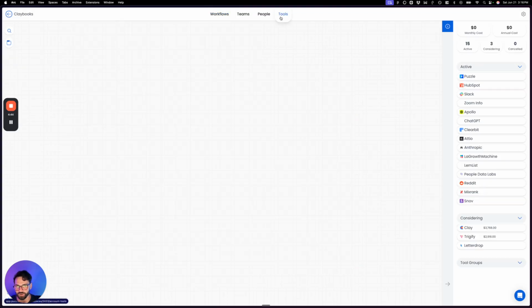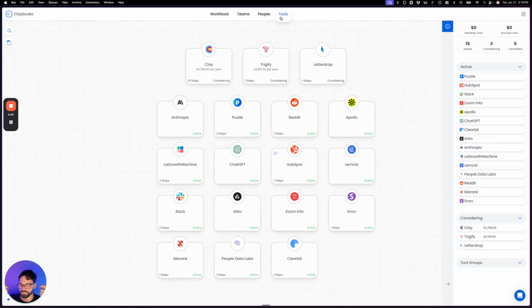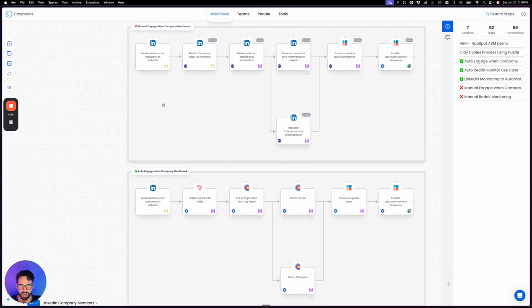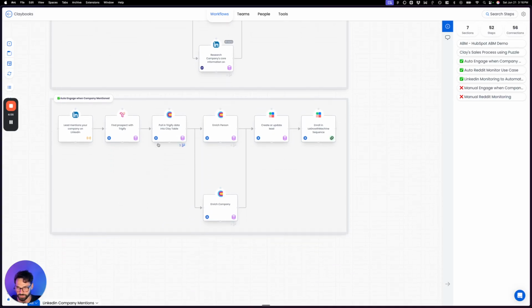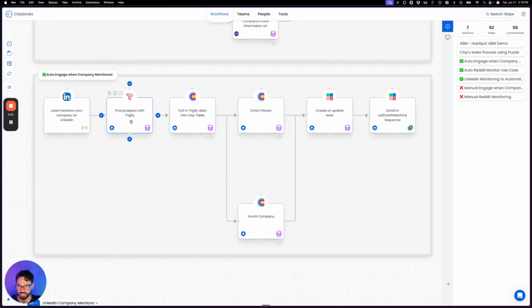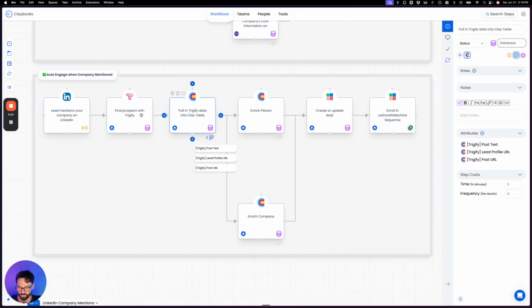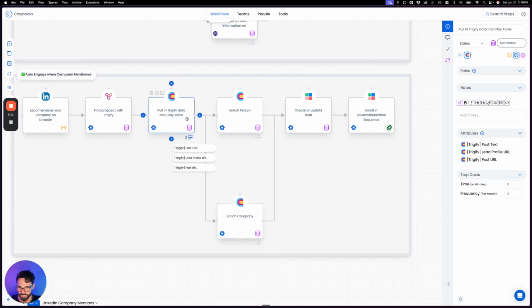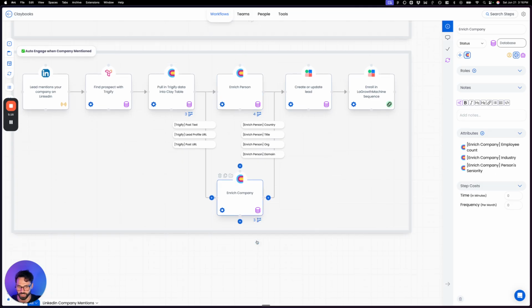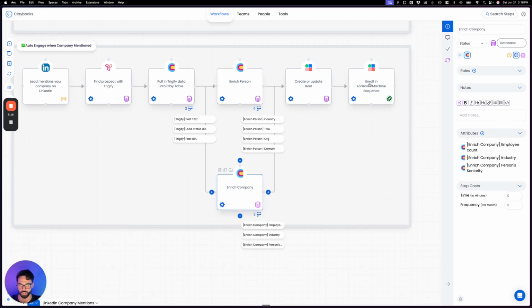What you're building out is entities and attributes, which represent the data model behind specific technologies, so that you can come back over to the workflow canvas and understand how your data moves across systems, so that for this one, for instance, when leads mention a company on LinkedIn, Trigify will go ahead and trigger a Clay line item, which takes these 3 Trigify data points and puts them into Clay. It will enrich the person, it will enrich the company here, and then it will go ahead and enroll in